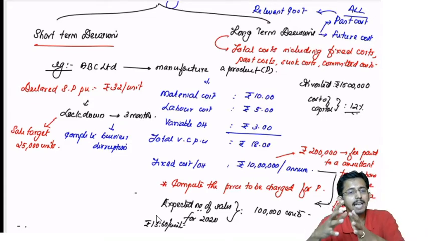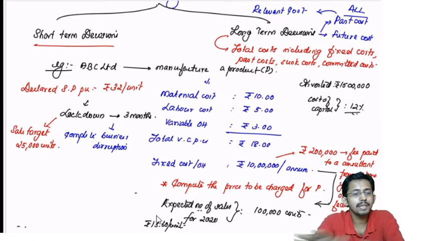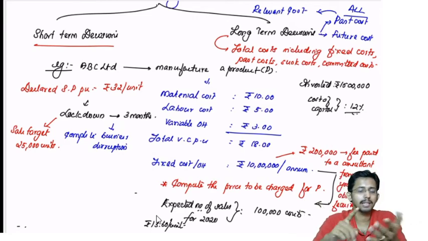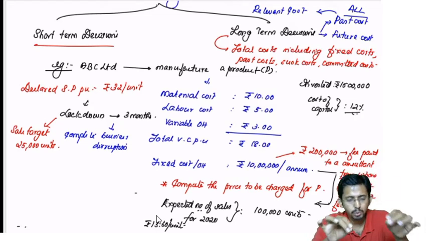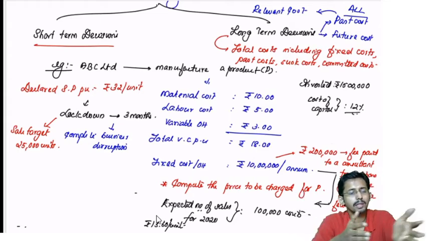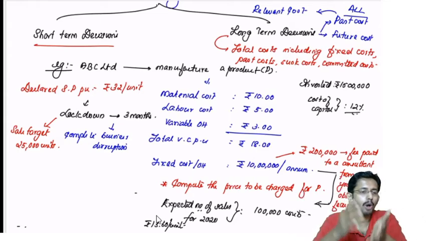On the other side, there are certain costs which you need to incur. It's a future cost, but it is a committed cost. You have to incur it anyway. Irrespective of your decision, such cost has to be incurred. Rent has to be paid. There is administrative staff, the salary has to be paid. So out of this 2 lakh rupees which you are going to incur, you have to pay the entire amount, irrespective of whether you reduce the selling price or not. Maybe if you stop the production, you will be able to save some cost, but you are not thinking about shutting down your operation. You are just thinking about whether you should reduce your selling price to 20 or not.